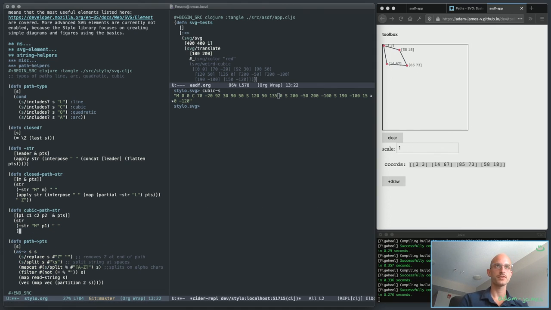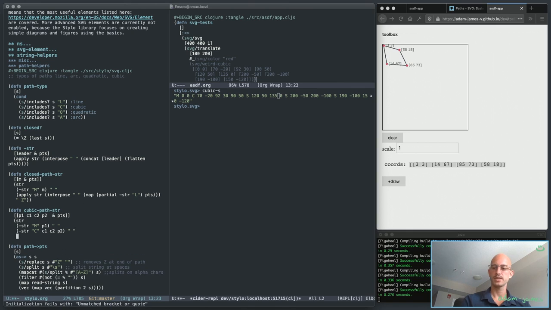Yeah, let's go with this for now. String C, and you call that with C1, C2, P2. And then you separate that with a space. And then the last thing you do is apply string to interpose space between the map partial-string with S. You run that over